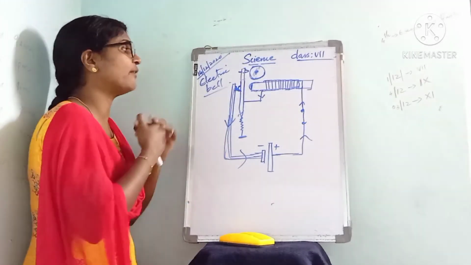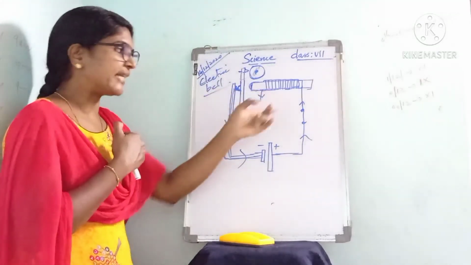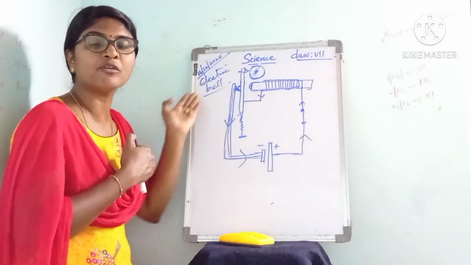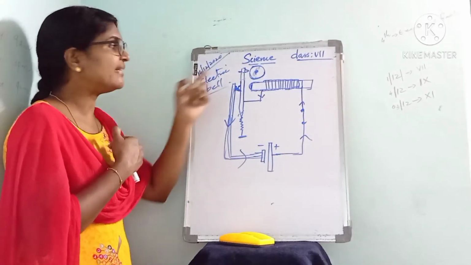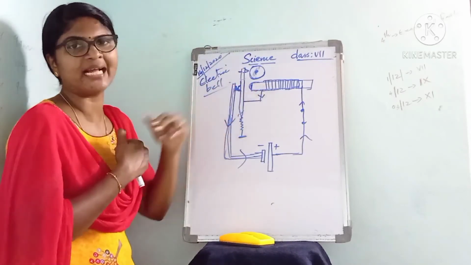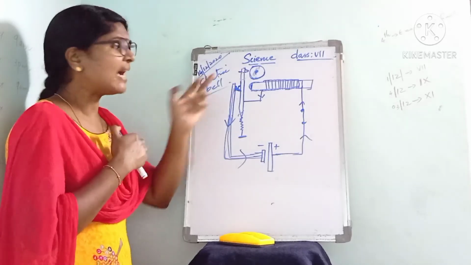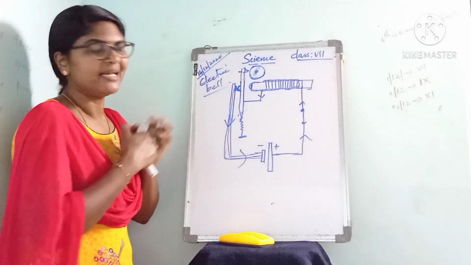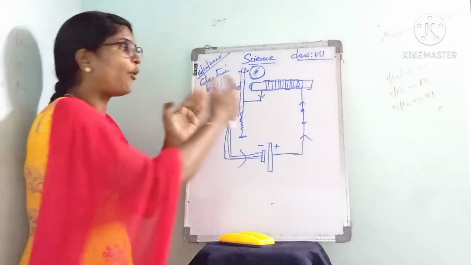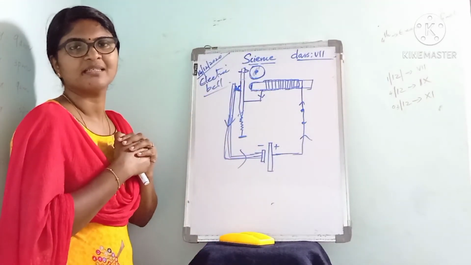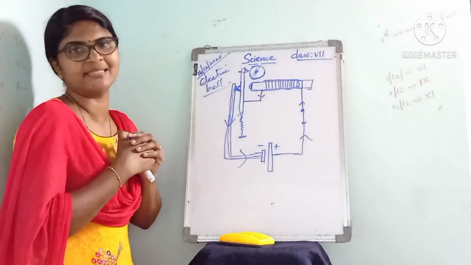That is the working of the electric bell. When the switch is pressed, the circuit is completed and the current flows through the wire and the coil behaves as an electromagnet. Then the tiny iron hammer is attracted by the electromagnet and strikes the bell. As the hammer moves towards the bell, the circuit is broken, the electricity stops flowing and the coil loses its magnetism. As the coil loses its magnetism, the hammer returns to its original place.